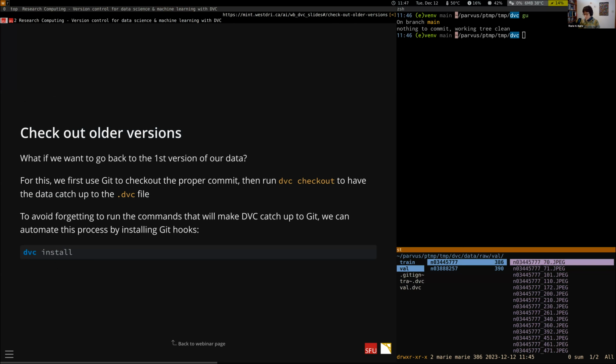The way to restore those images would be to do a git checkout to the commit from before I deleted them, and then a DVC checkout to have DVC catch up to the state of the .dvc file. And whenever you run git clone, git checkout, git anything that's gonna make changes to any of the DVC files, then you'll have to run the corresponding DVC command to make sure the data catches up. So it's a little tedious, and mostly it would be easy to forget to do it. And so there's